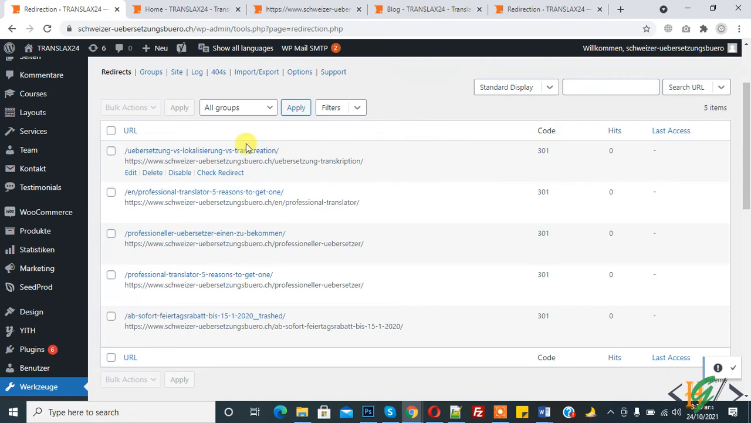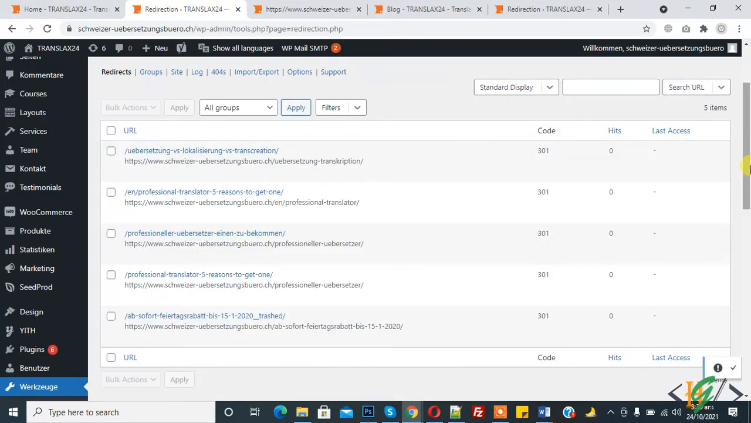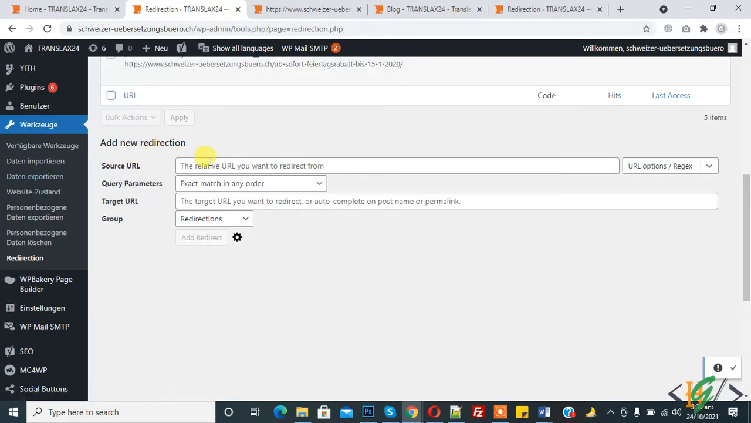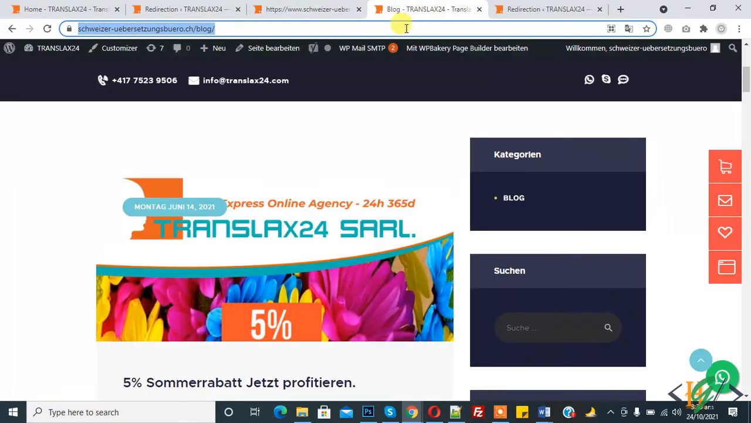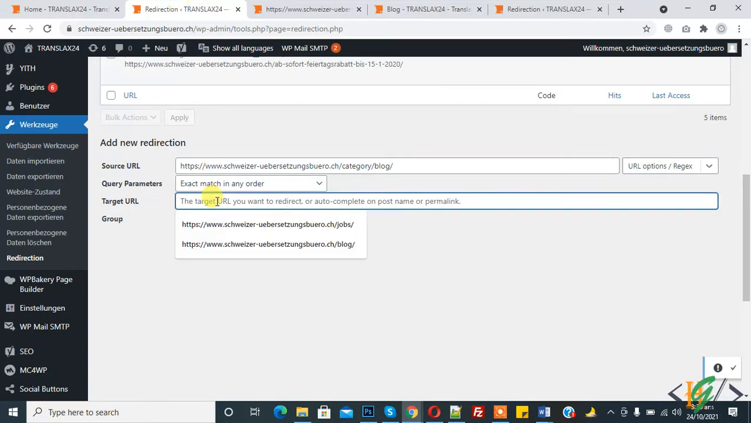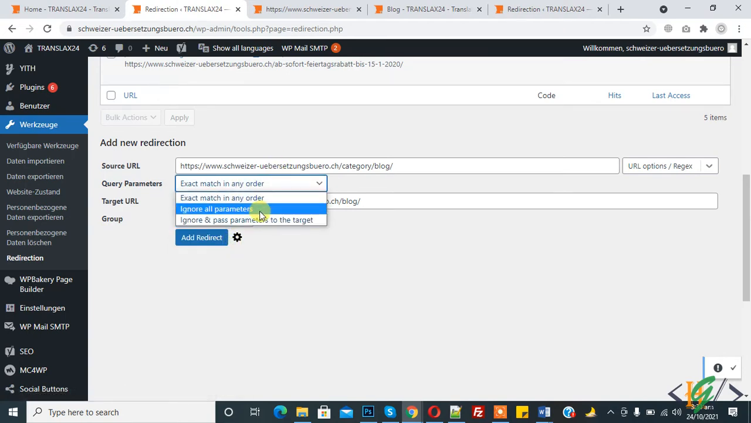so I will delete all of this, but here is the current URL, copy this, and here you see add new redirection, source URL, copy here, and this is our other URL. So when this URL is opened, it redirects to this URL. So here add the target URL, and the group is redirection, or select match in any order. So you can select any option according to your requirement